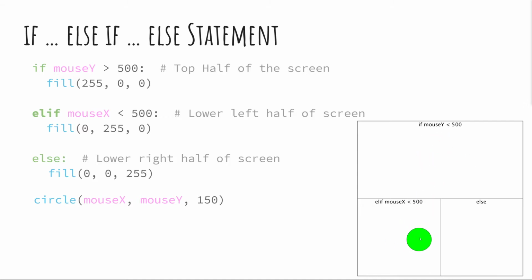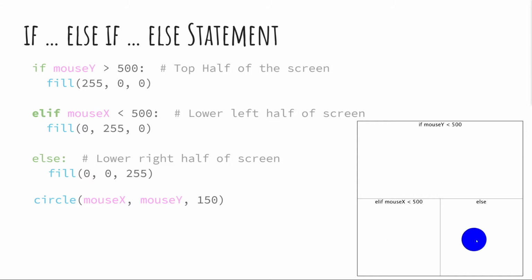There we go, the animation. In the top half of the screen, it is red because that first statement is checked. The mouse is in the top half of the screen, and it then jumps all the way from that top line down to the line that says circle. If that's not true, if it's not in the top half of the screen, it then checks to see if mouse x is less than 500, so if it's in the lower left half of the screen.